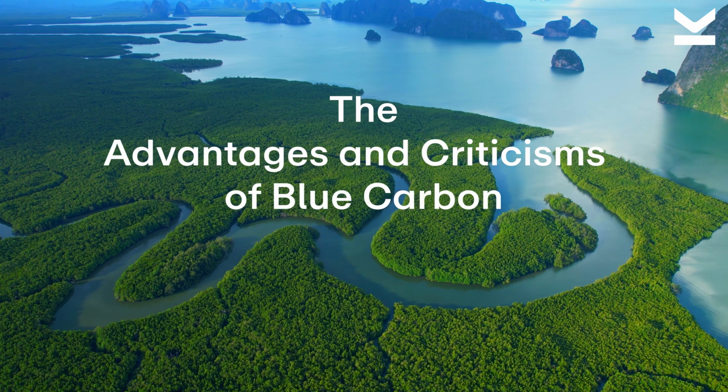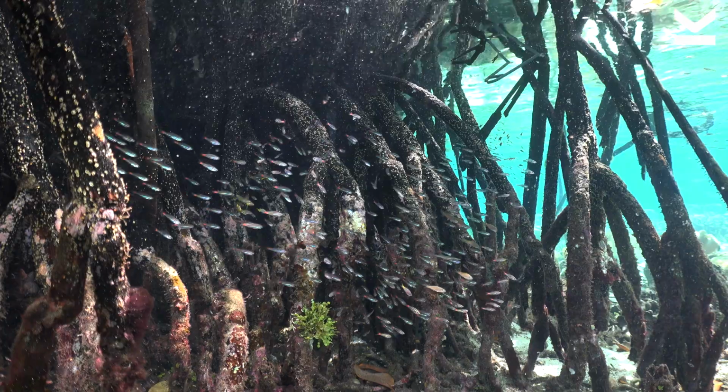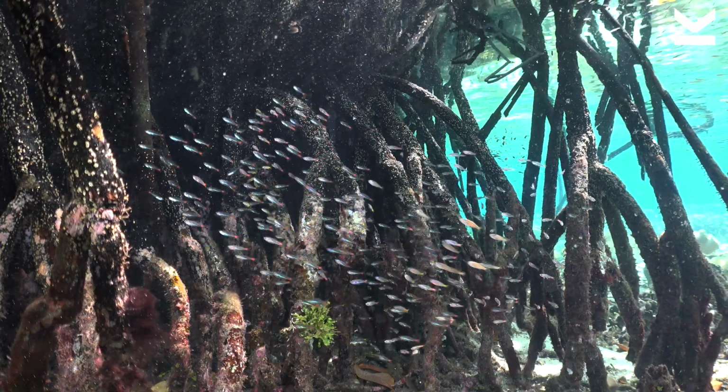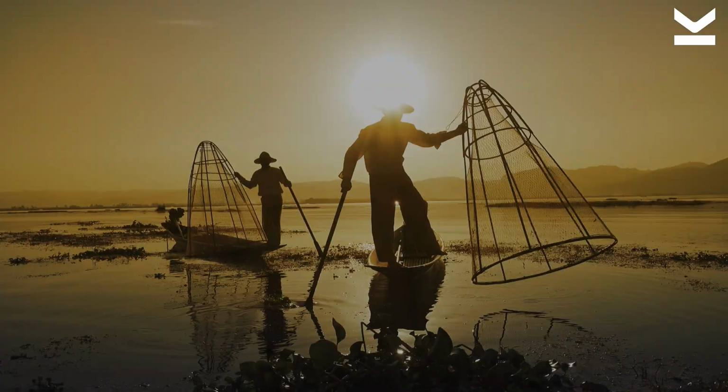The advantages and criticisms of coastal blue carbon. I'll talk about some of the advantages of coastal blue carbon. Many of these complex ecosystems are home to many plants and animals that have a very intricate relationship. For example, the mangrove roots provide vital protection and nutrients to young fish, which gives a very clear ecological value. And this value itself transcends over to economic and community value for those in the fishing sector